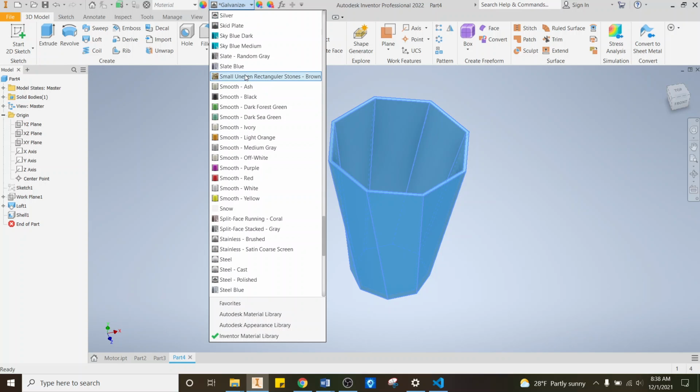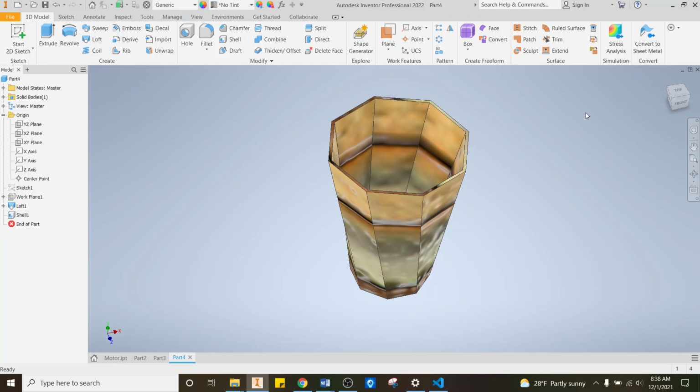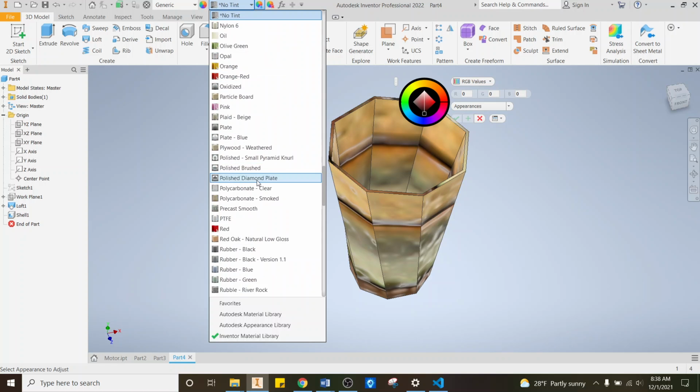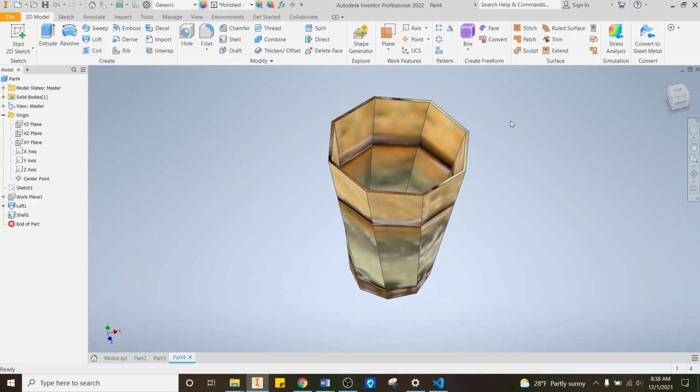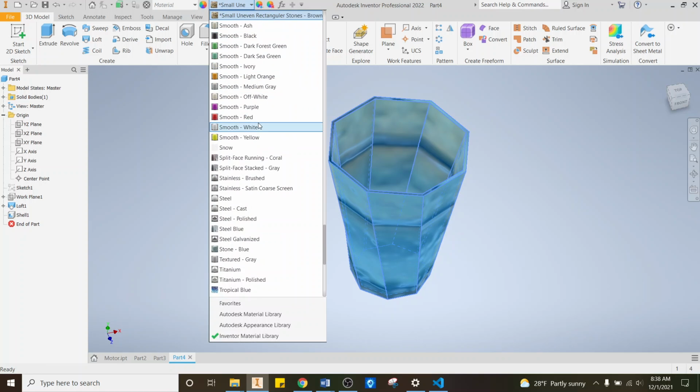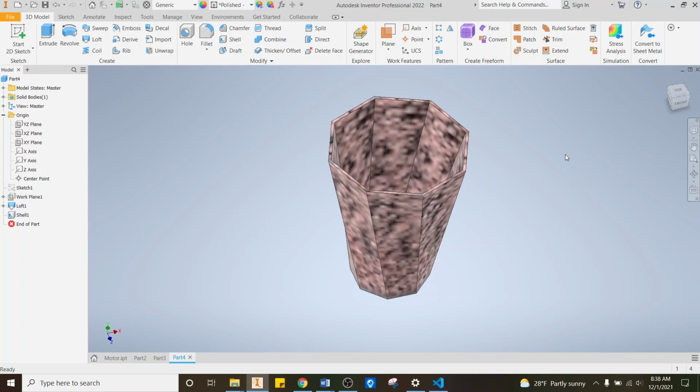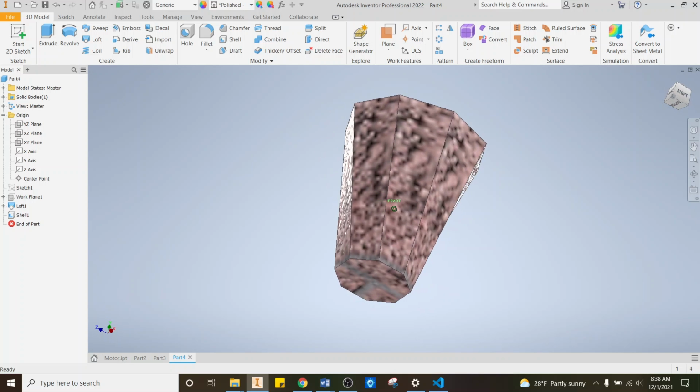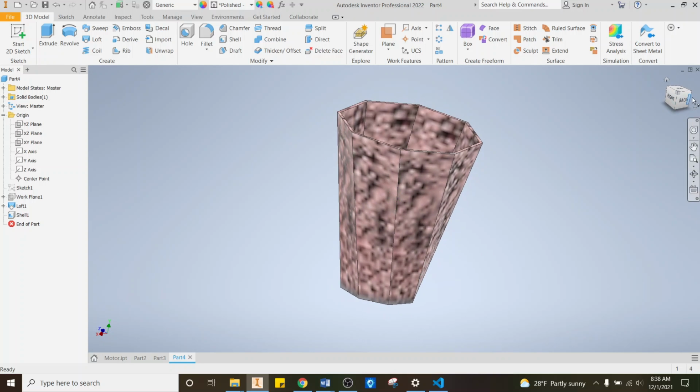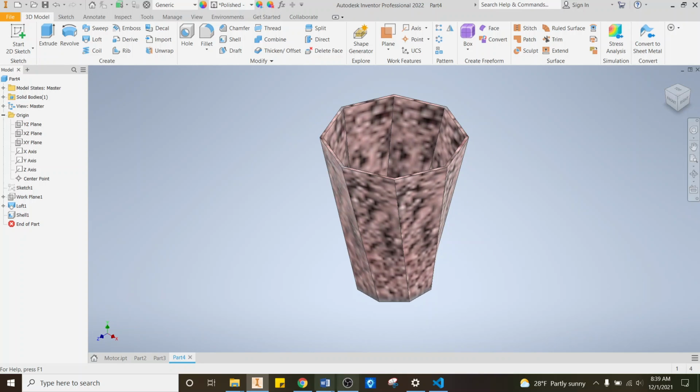Or what is this one? Small uneven rectangular stones. Cool. I think that's for bigger things. Yeah, I think so too. Interior designing of houses. Coral. That doesn't look good, it's so pixelated. All right. Anyway,